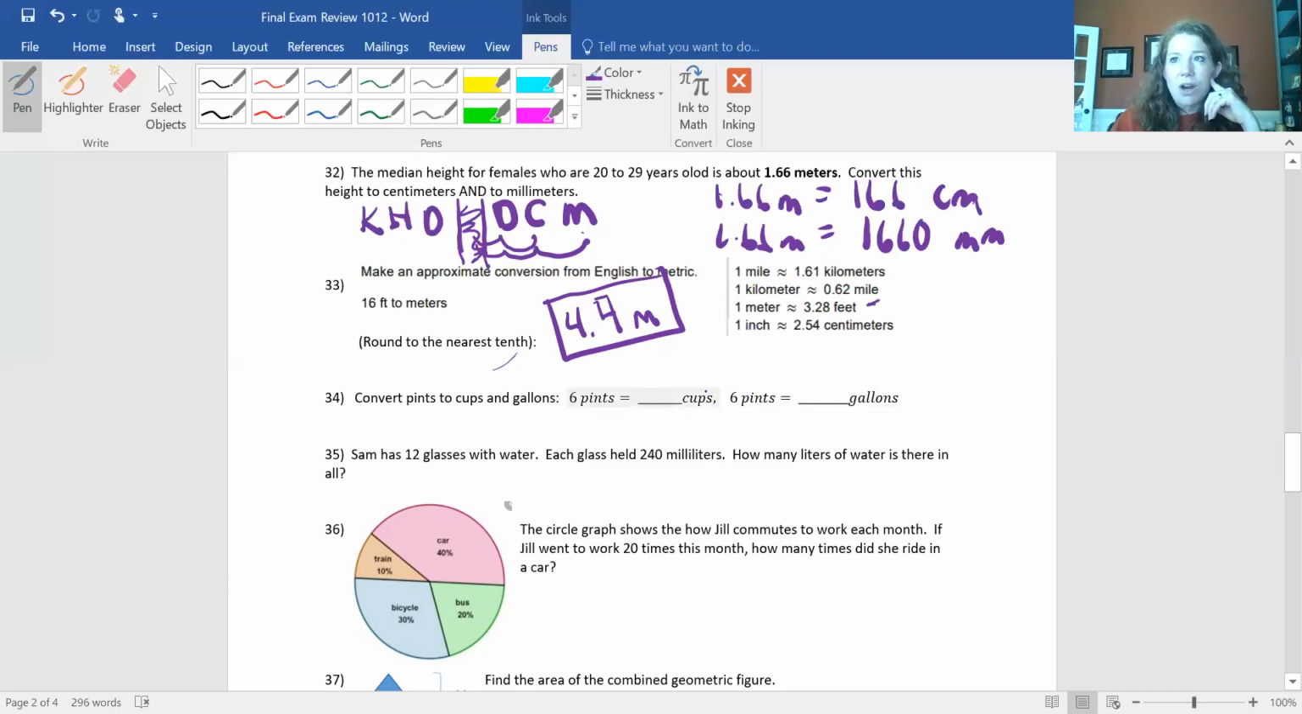All right, so since there are 2 cups for every pint, if you had 6 pints, 6 times 2 is 12. You have 12 cups. So then if there are 16 cups in a gallon, and there's 2 cups for every pint, how many pints would be in a gallon? So I know there's 16 cups, so there are 8 pints